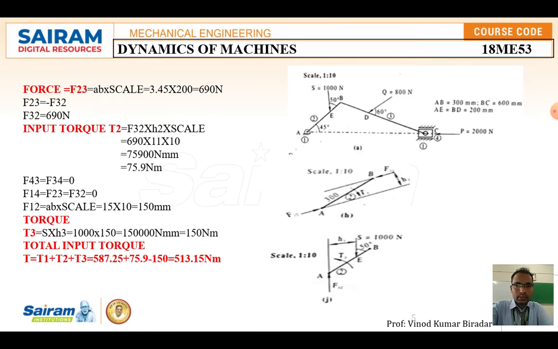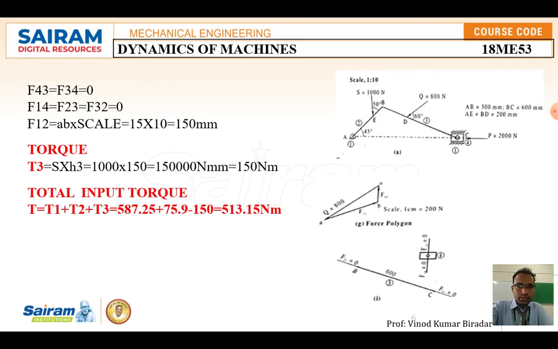Just wait here. The last one is to draw the free body diagram of this element. Take this again, points B, D, C. Here one force is acting, already no need to draw the free body diagram. This is the 800 Newton, draw 800 Newton like this. Keep the scale on this, just drag the line, that is OA, with an inclination angle of 60 degrees.